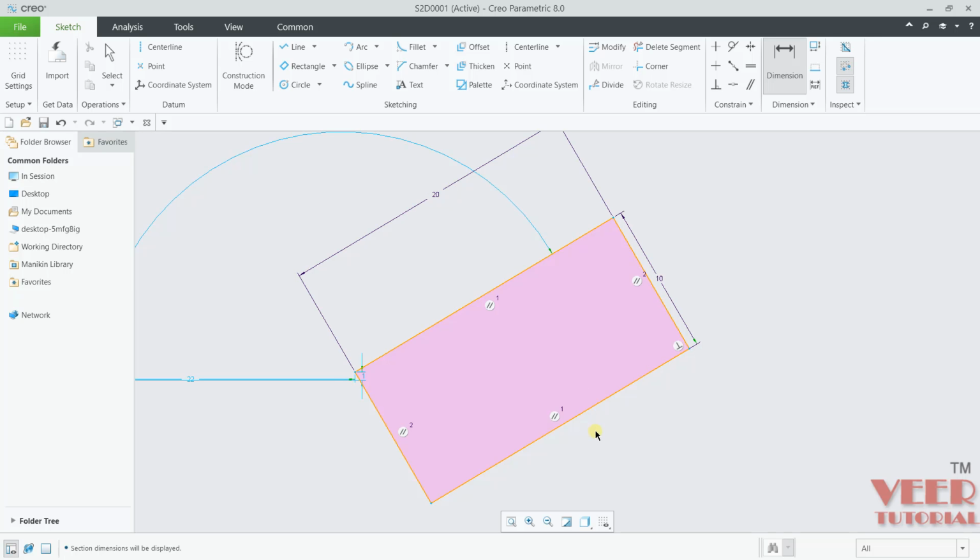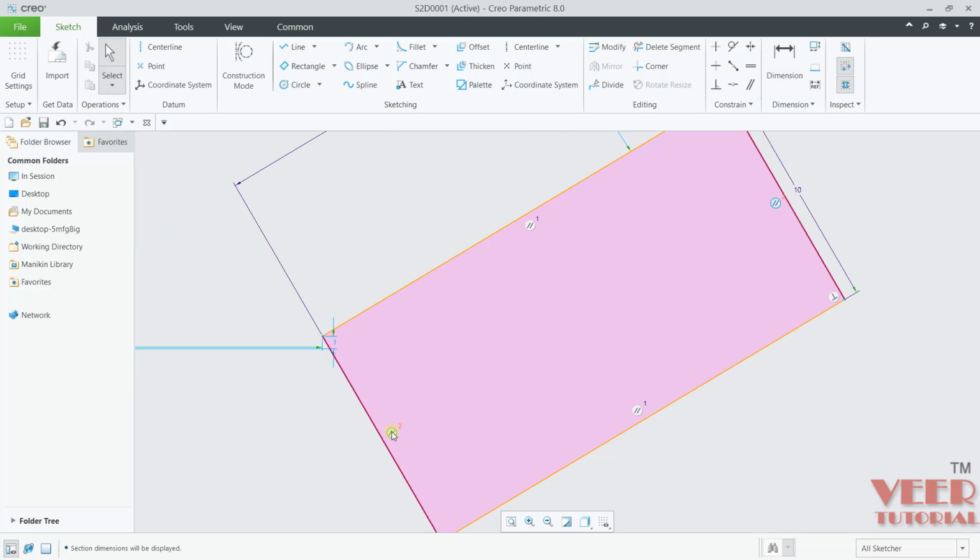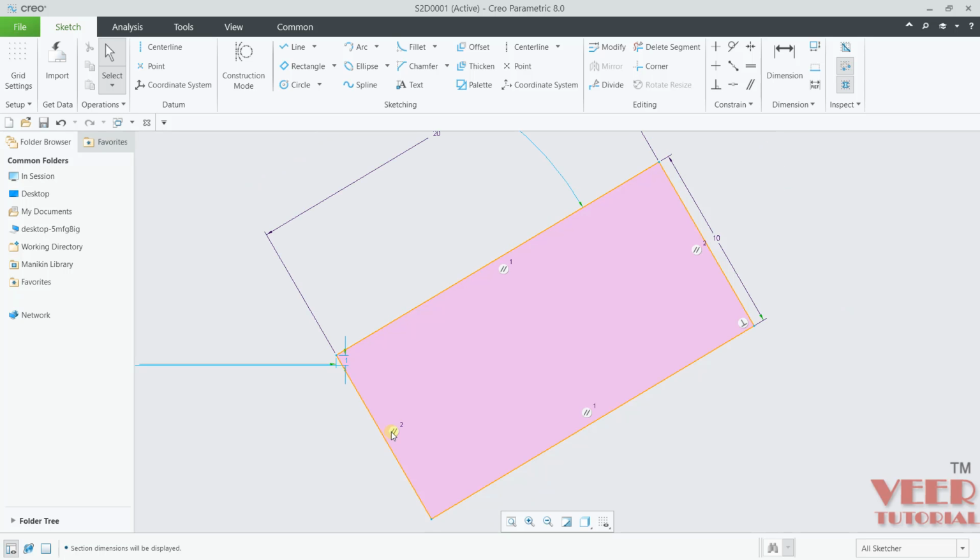One thing you will see in this type of rectangle is the sign of parallel. Press escape once again and when I zoom in here, it is going to show parallel lines. These 2 opposite lines are parallel. Similarly, these 2 opposite lines are parallel.